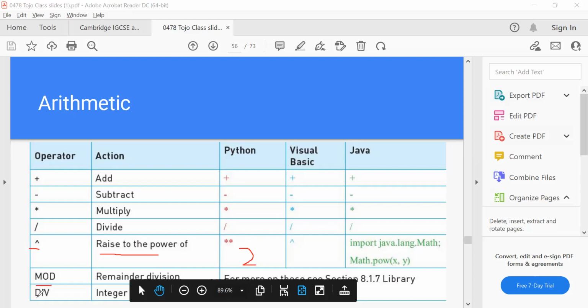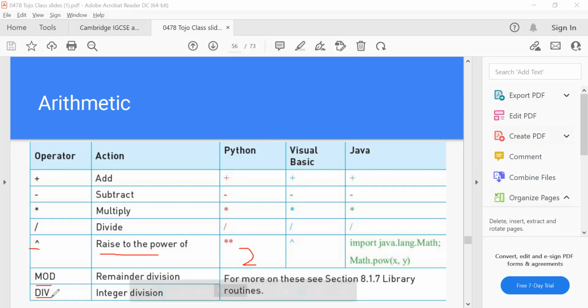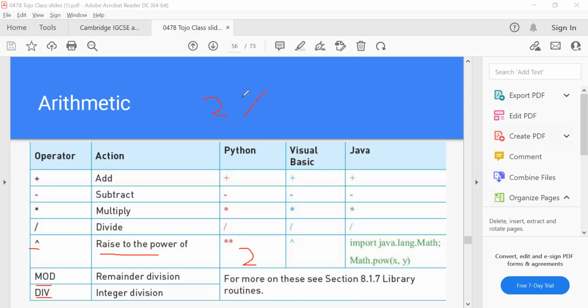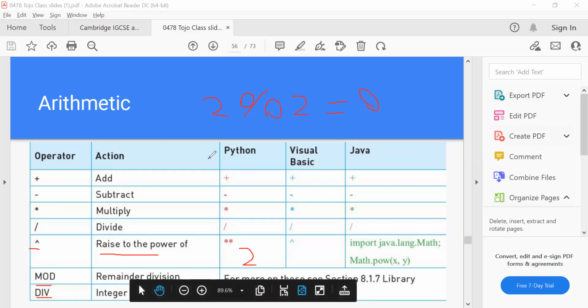What about mod and div? It gives you the remainder. Yeah, okay. So if I say 2 modulus 2, have you seen that before? Yes, you get 0. Okay, so what about div? I've never seen that before.